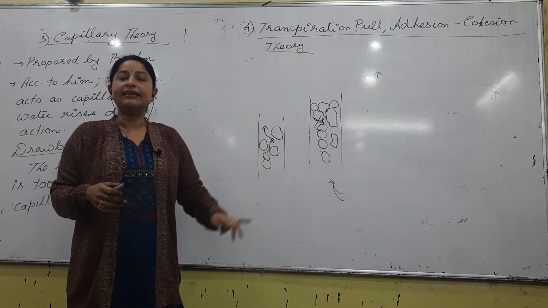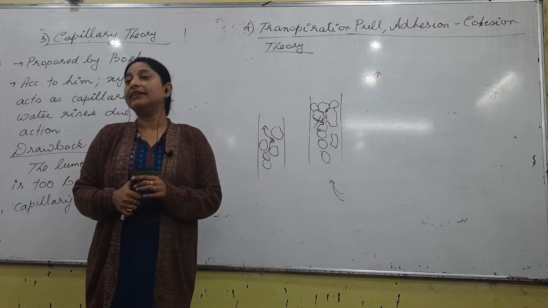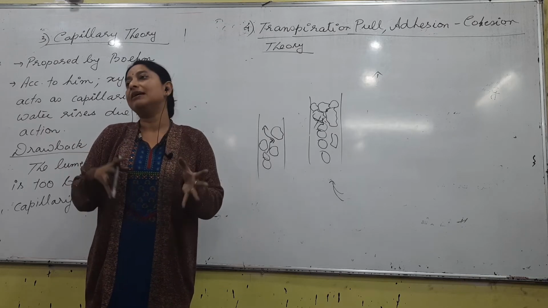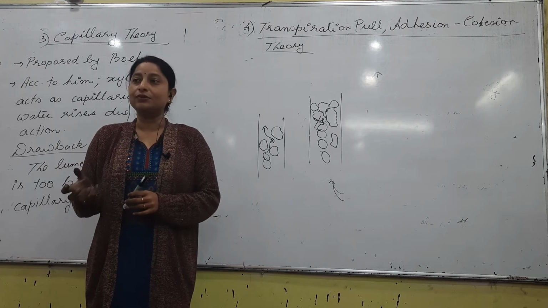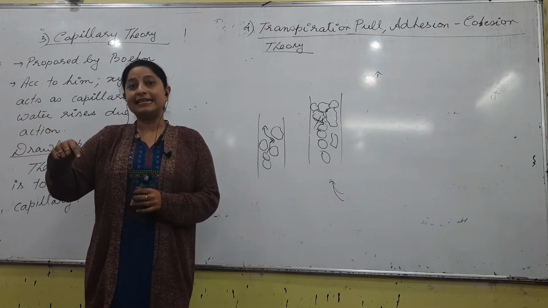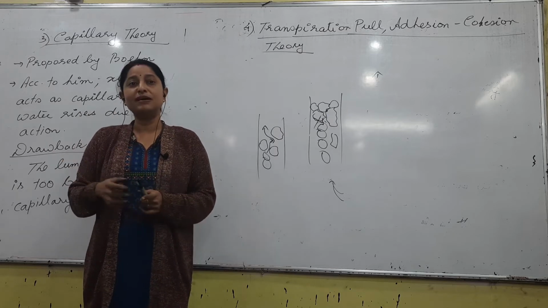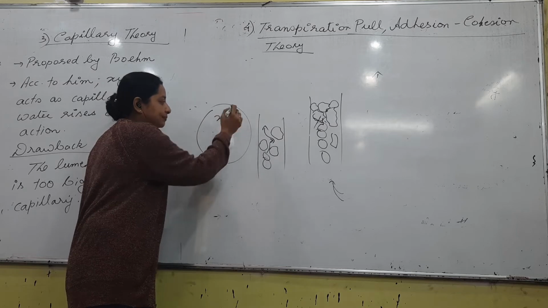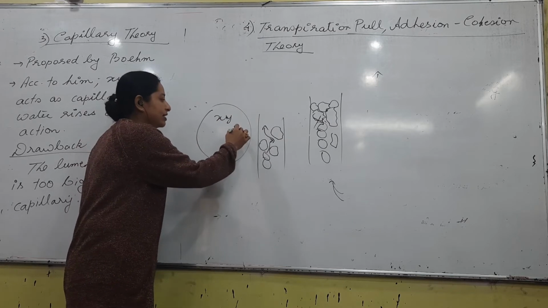But in spite of that, if it occurs, then it is not only one xylem vessel that is present in the plant. There are so many vessels together in a plant. When we are talking about that anatomy, it is not only one bundle that is present. There is a collection of bundles. So if you talk about that anatomy, there is xylem here. And we are talking about what? We are talking about root at present. And if you are talking about root,